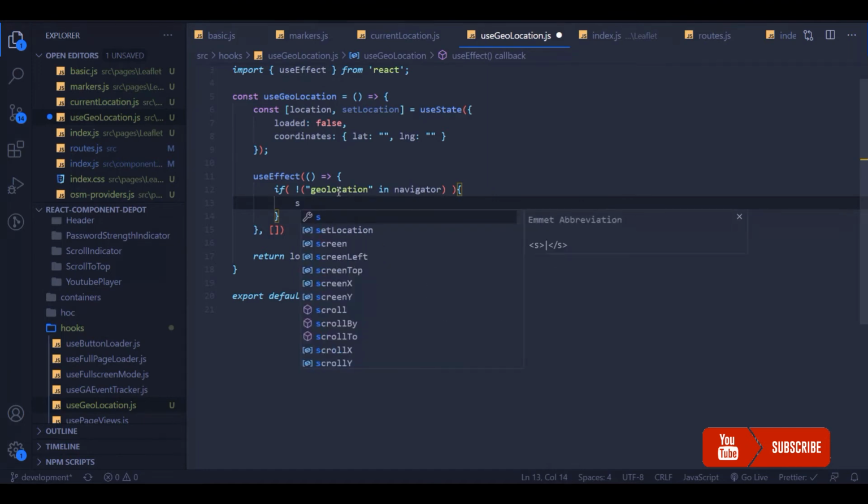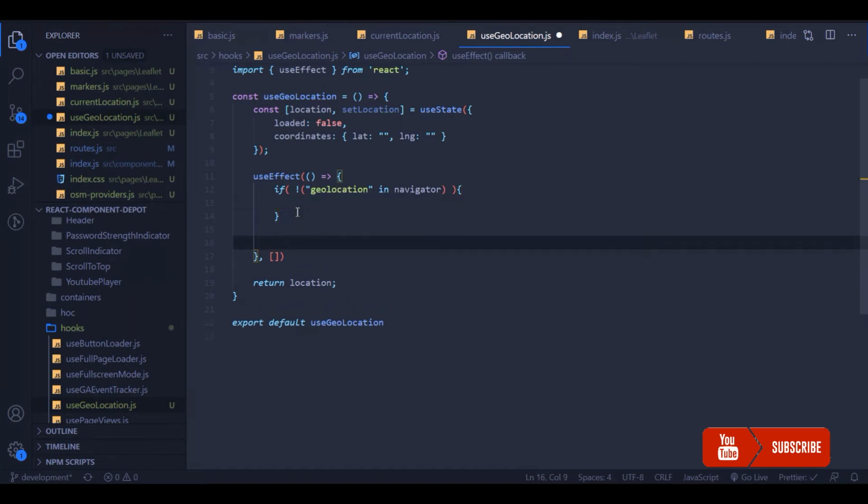So if it is not available in navigator, then we can set this error attribute inside our location, and we can also make loaded true.